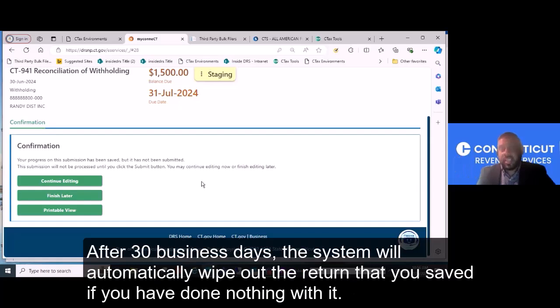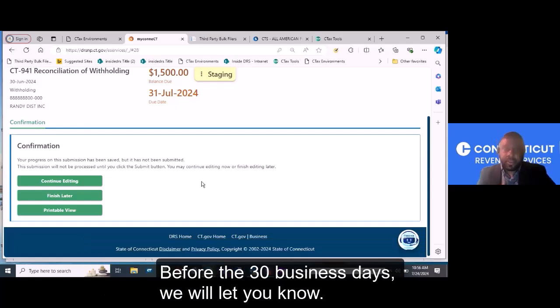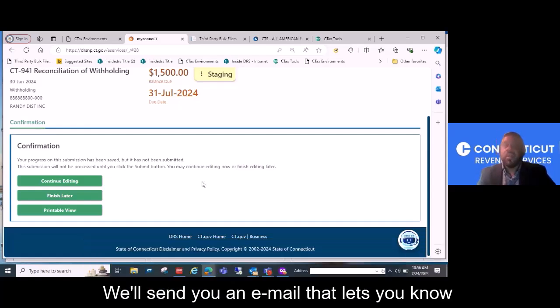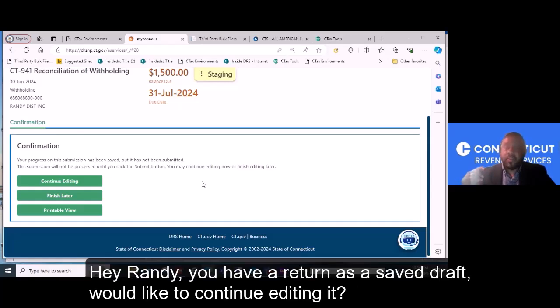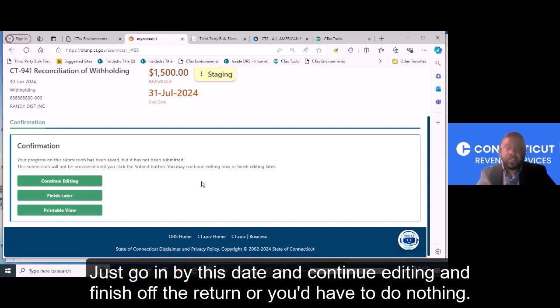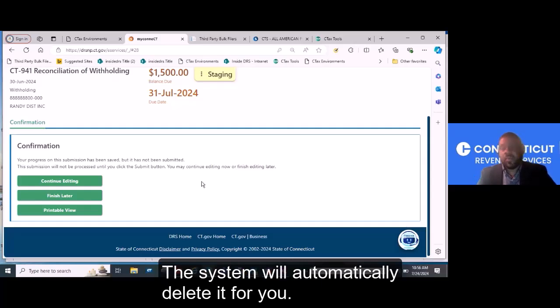After 30 business days, the system will automatically wipe out your return that you saved if you've done nothing with it. Before the 30 business days, we will send you an email to let you know, hey, Randy, you have a return that you saved as a draft. If you would like to continue editing, just go in by this date and finish off the return, or you can do nothing. The system will automatically